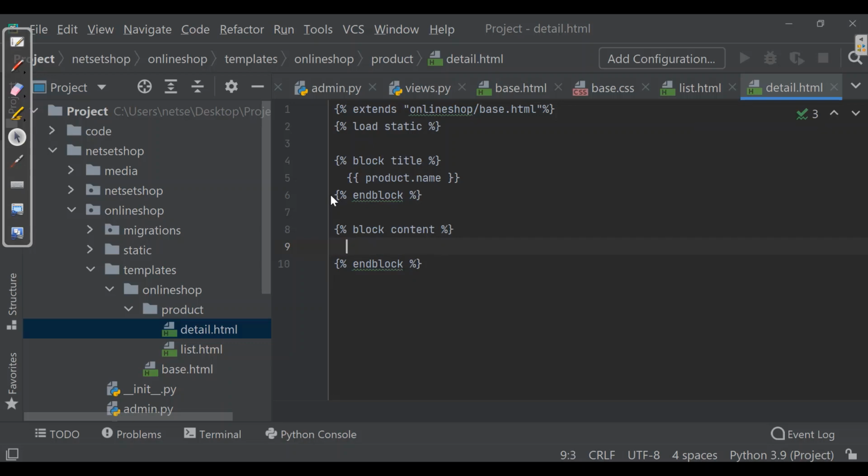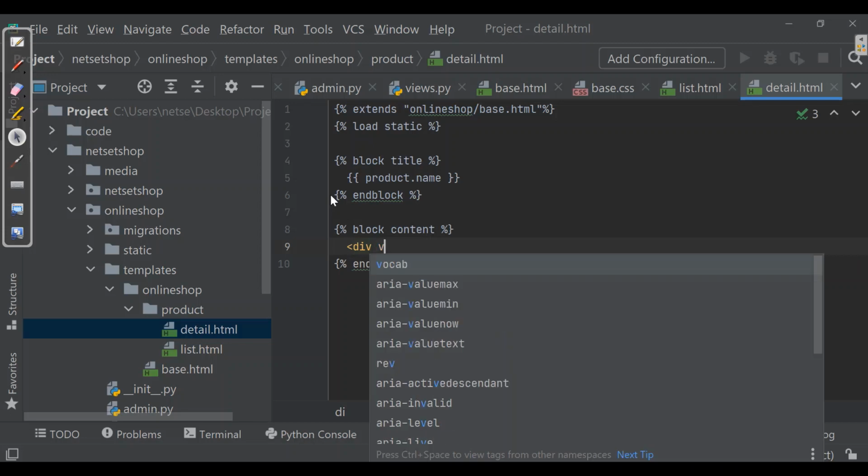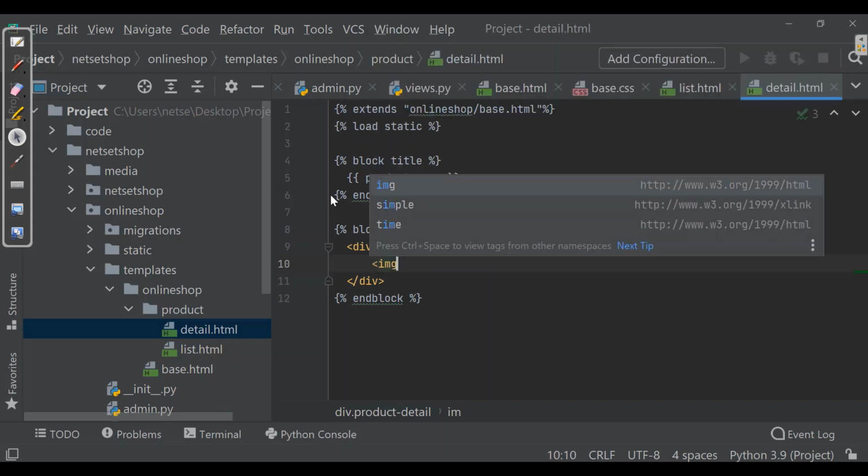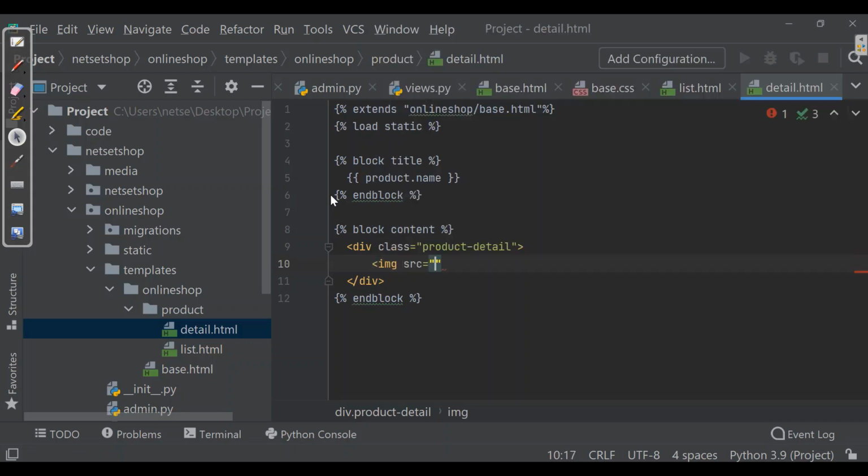Now inside this block content, we'll give a few commands. Let's take a div class where we'll have product detail, and in product detail we'll give the image source, where we tell it that if the product image is not there, then it should display no_image.png.